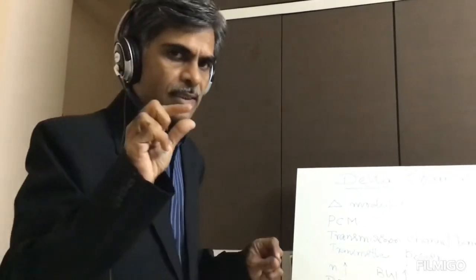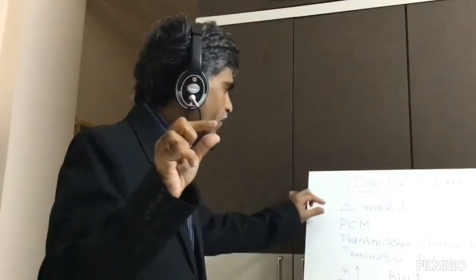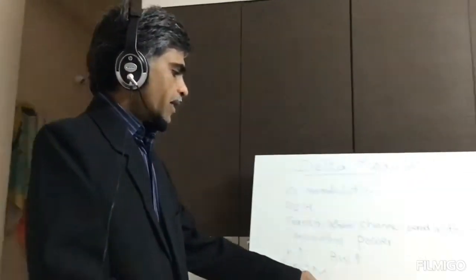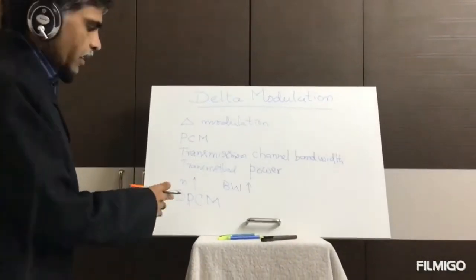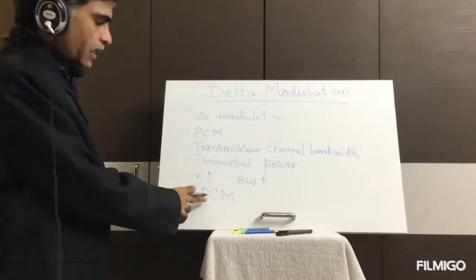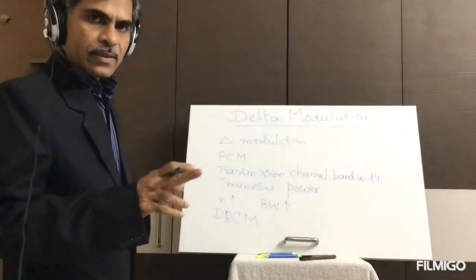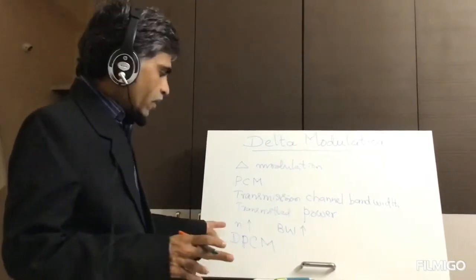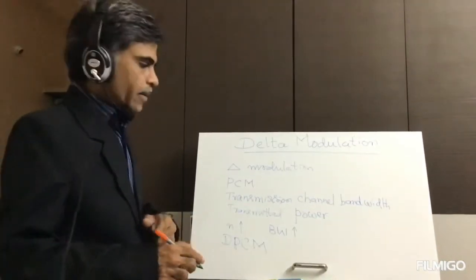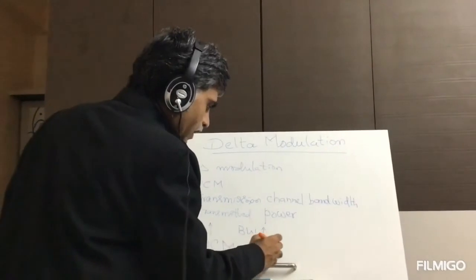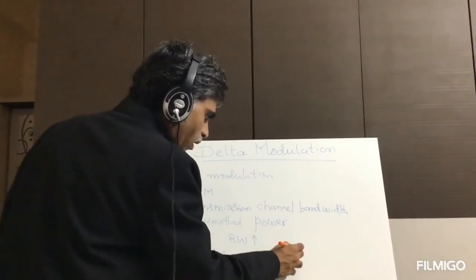And how small is it? It is only an incremental value, which we denote by delta. Since the incremental values are very small, we can encode that using a single bit, or n bits where n is very small. In the case of DPCM, this difference between the successive samples will only be coded, therefore n-bit streams will be generated. But remember that in DPCM, that n value is going to be small enough.